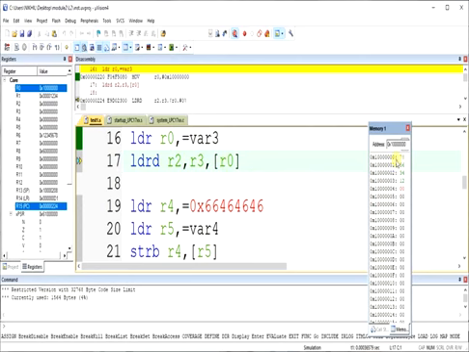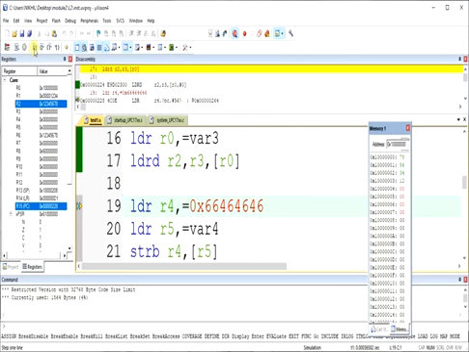R0 is pointing here. So double word means 1 2 3 4, 1 byte, 32-bit, and the next 32-bit 1 2 3 4. These two will be loaded in the registers R3 and R2. So now how are they loaded?